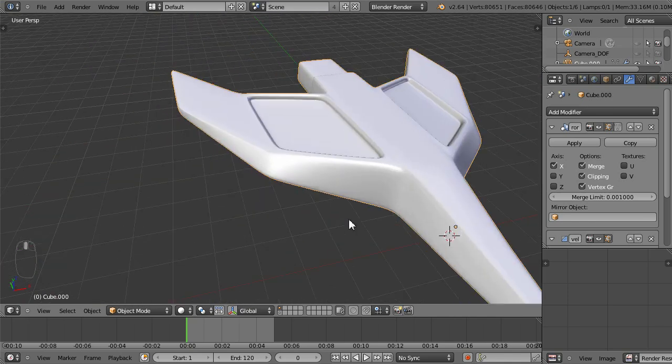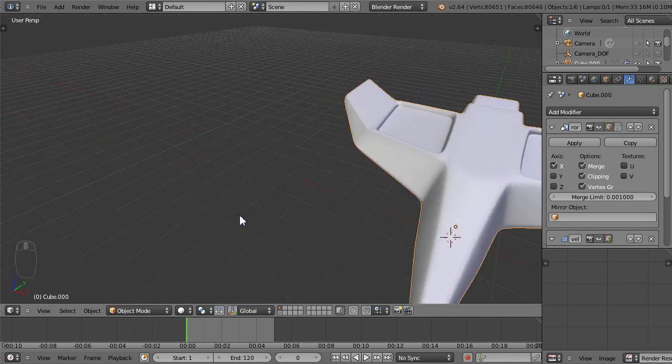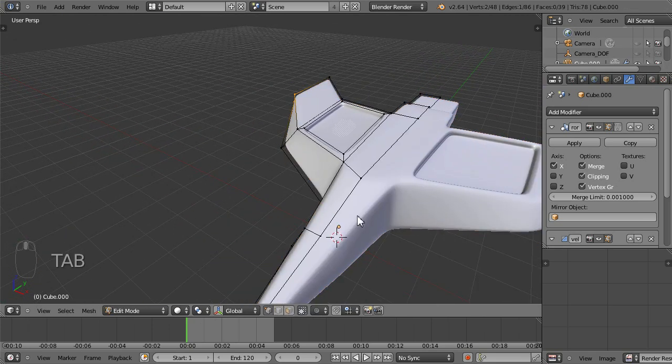Now I'm thinking a windshield, tab, face select here,